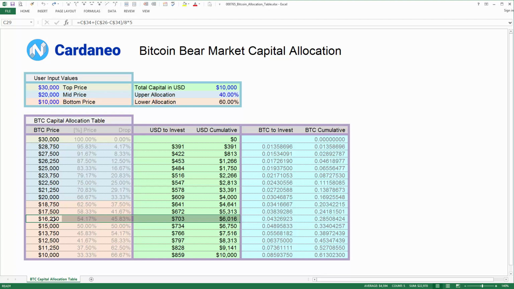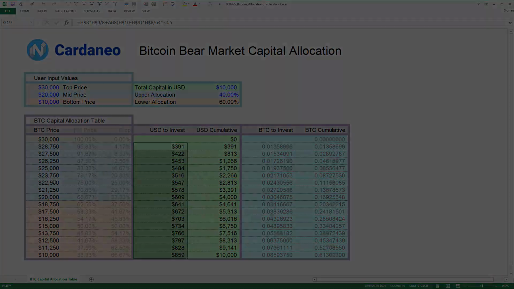Thus, this allocation table will have you invest more and more as the price goes down, and there is no guarantee that price will go down, and also if it goes down, we don't know how much it will go down. Thus, this table manages your risk as to how much you invest at every particular level, but at the same time may produce that some of the capital is not invested. And that is quite normal in investing because you don't know what is going to happen.